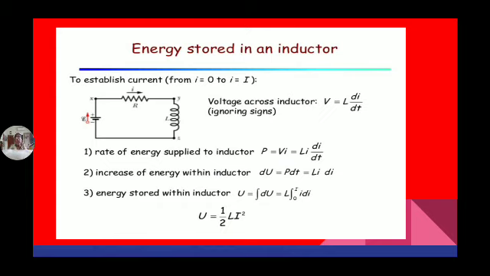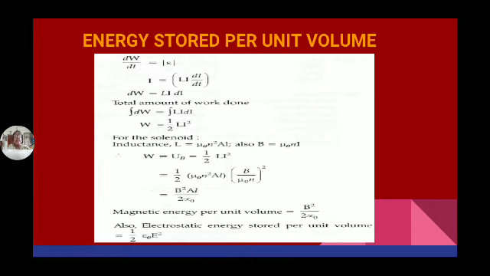Now, whenever we have a magnet, definitely some energy is stored in that magnet, because a magnet always does some work. Either it attracts other magnets or it repels other magnets based on polarities. So some energy is stored in the magnetic field. That energy stored mainly depends on the self-inductance of the coil and the current passing through the inductor. That is, E is equal to half Li square.